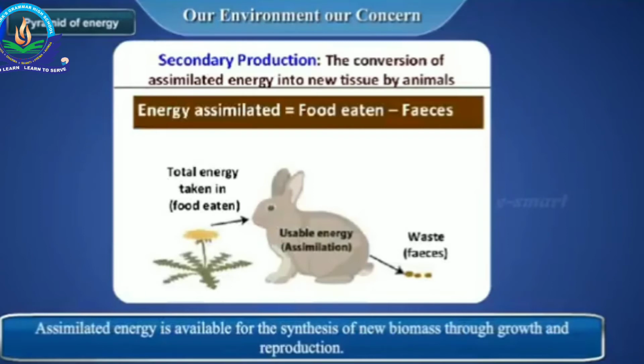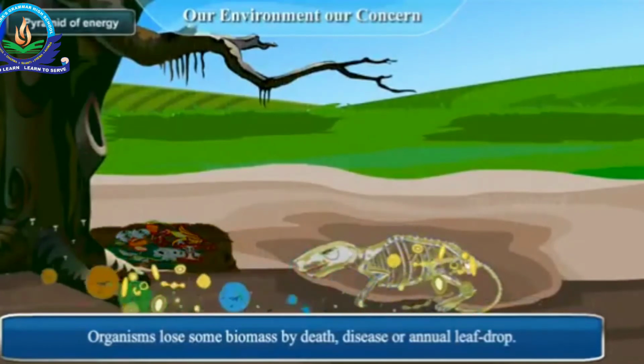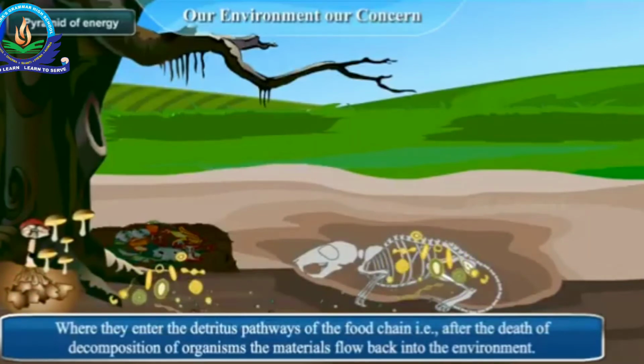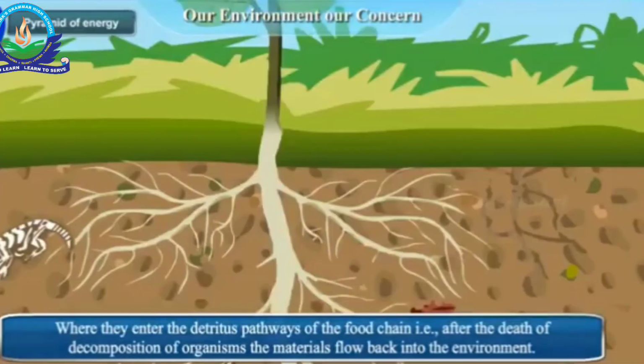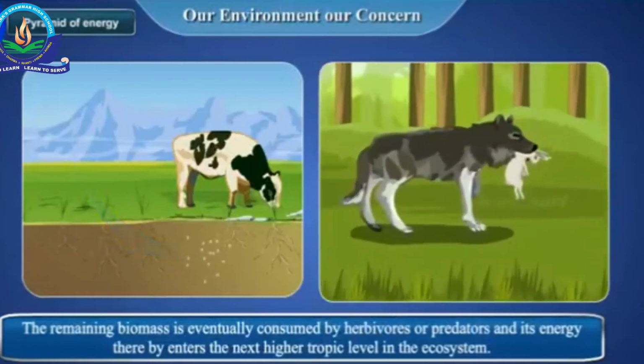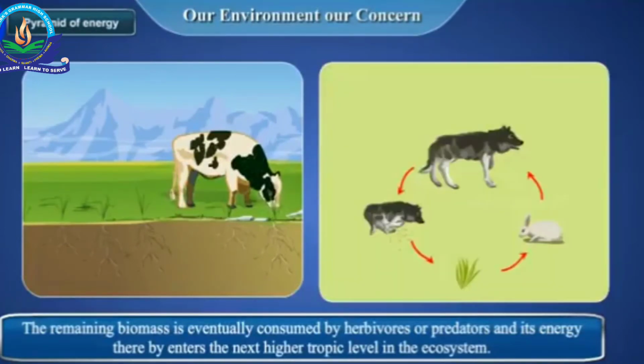Assimilated energy is available for the synthesis of new biomass through growth and reproduction. Organisms lose some biomass by death, disease, or animal leaf drop, where they enter the detritus pathways of the food chain. That is, after the death and decomposition of organisms, the materials flow back into the environment. The remaining biomass is eventually consumed by herbivores or predators, and its energy thereby enters the next higher trophic level